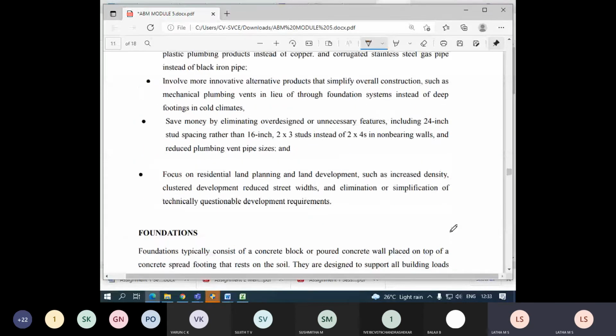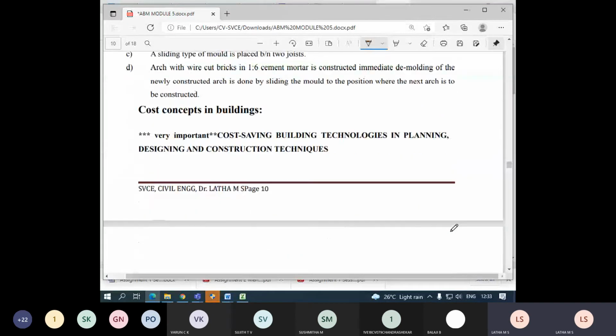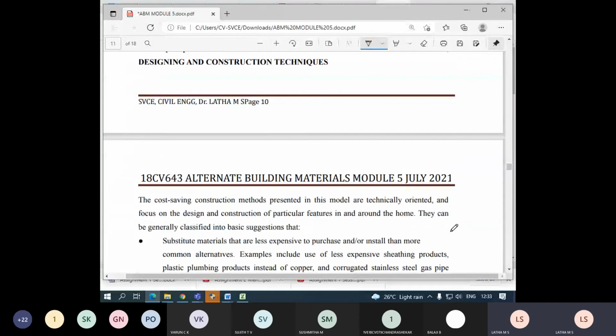How to economize? You have to economize in different ways. You have to think. This is a point where you can use alternate materials for the construction. So, coming to the end of the module, we have to talk about the construction. Therefore, I have given an assignment, right?